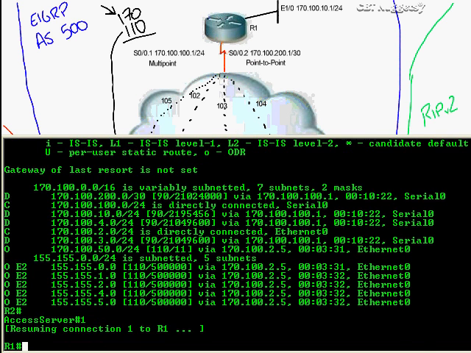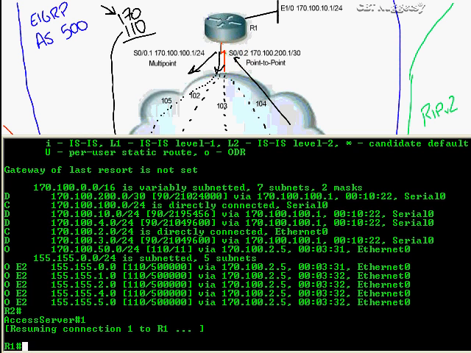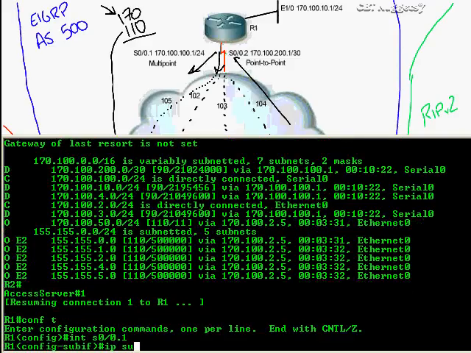Let's say on router 1, I can receive the 155 routes coming up from here. Router 1 is going to receive those on its serial 0.2 point-to-point interface. And let's say on the way out, I wanted to summarize to all of router 3, router 2, and router 5. I want to summarize all the 155 routes with, we'll just do a 16-bit mask. The way I would do that on router 1 is to get into interface serial 0/0.1, and I'll do an IP summary-address command. Once we're doing a summary address, we choose the EIGRP routing protocol,